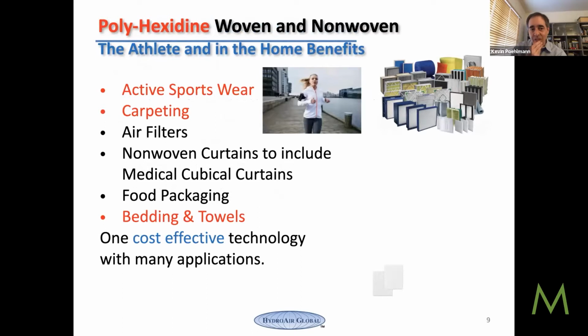From the regulatory side, we actually have interest from a lot of people in non-medical applications. The difficulty for us there is that opens us up. We actually need an EPA registration for that, which we are pursuing. I'm actually supporting a couple of companies that are dealing with active data call-ins for other chlorhexidine products with EPA right now. The only problem for us commercially with this is, number one, it's a lot of money, but more